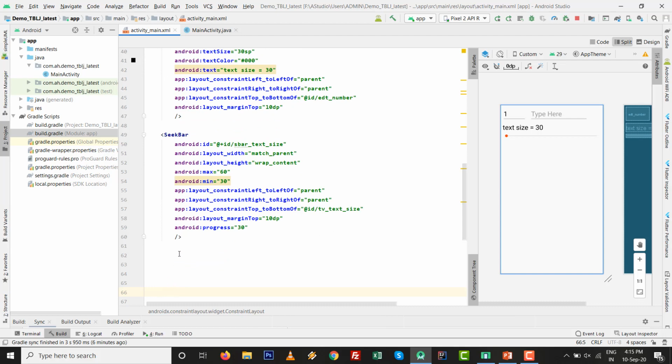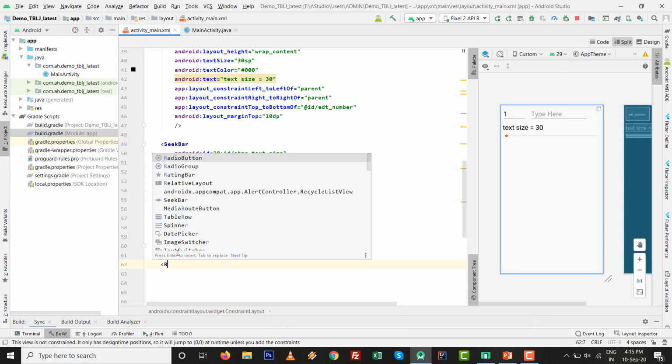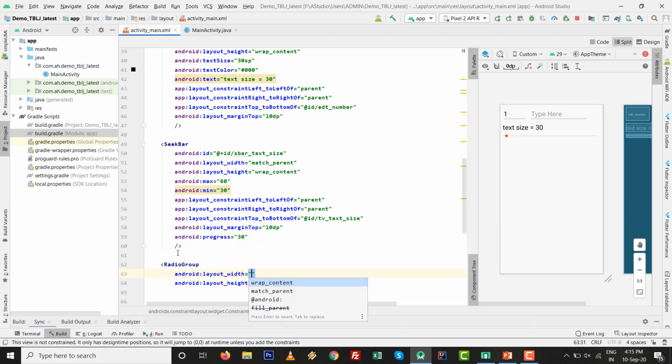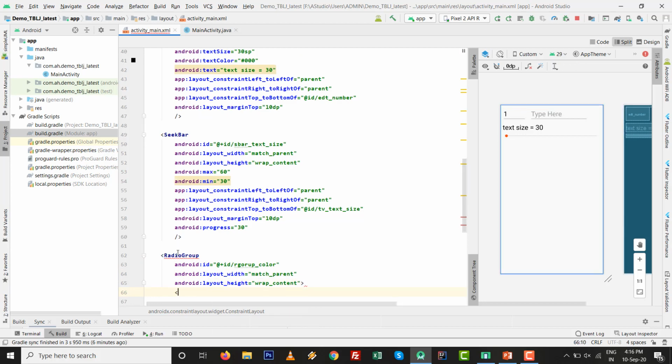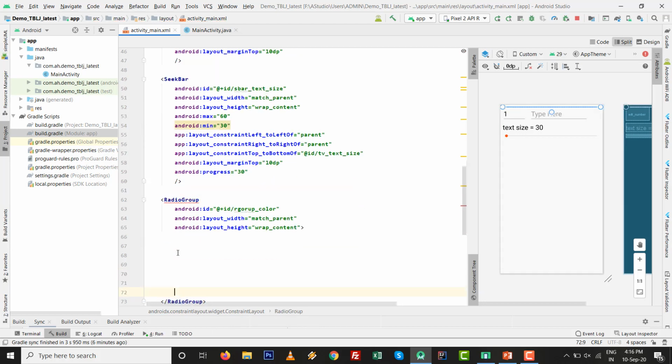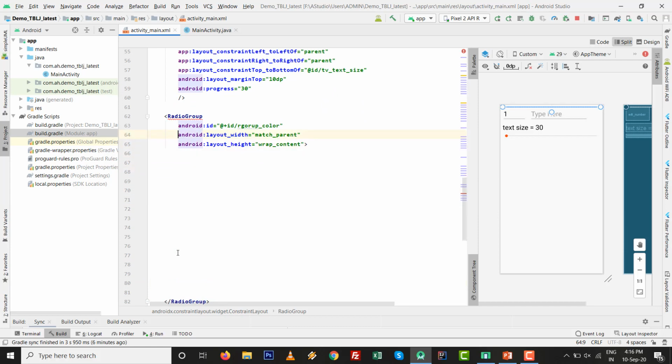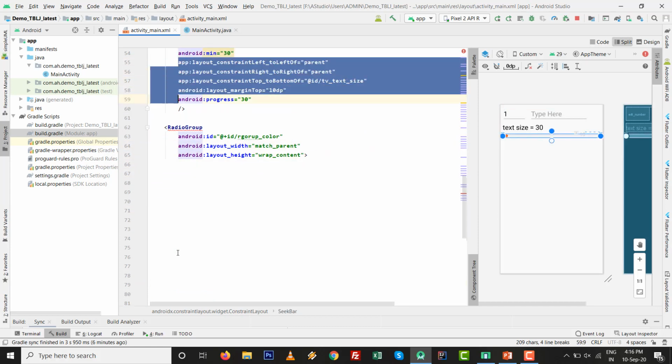So after the SeekBar just I want to type RadioGroup. So RadioGroup should be there. Width will be, I want to type match parent, height will be wrap content. First I close this one and give the id @+id/rgroup_color. Okay, inside that we need to type 3 buttons also, but just first I type